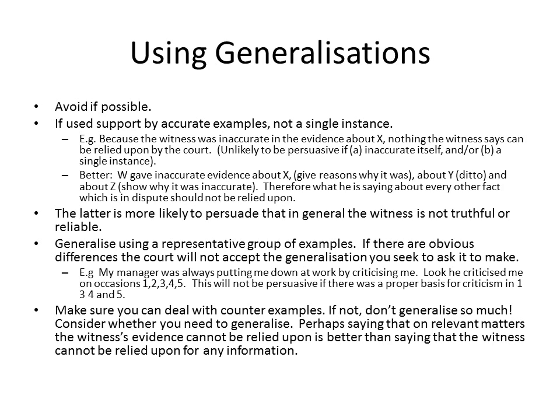A better way of formulating things might be to say that the witness gave inaccurate evidence about a particular issue, X, and say why the evidence was inaccurate. The witness also gave inaccurate evidence about issue Y, again, give the reasons why it was inaccurate, and Z, etc. Therefore, what the witness is saying about every other fact which is in dispute in the case should not be